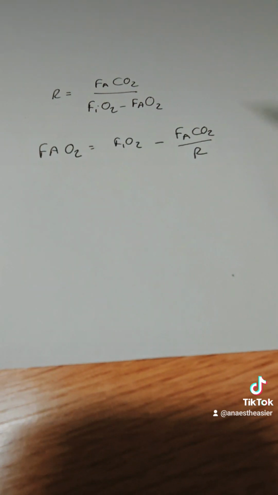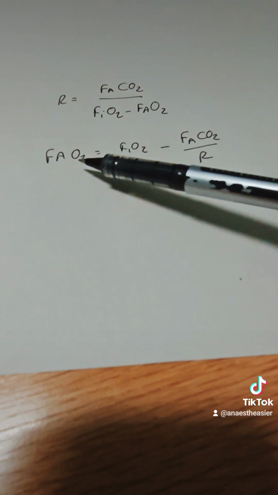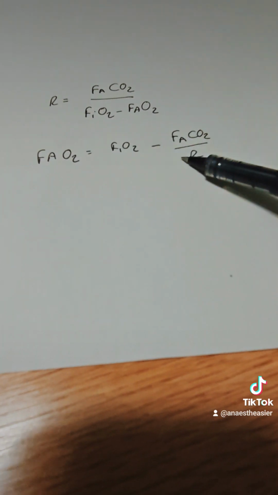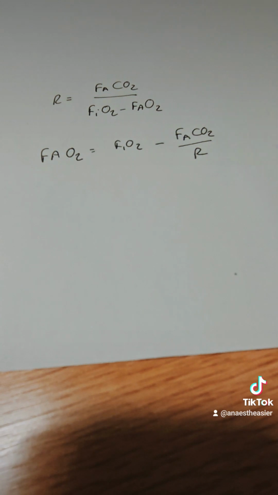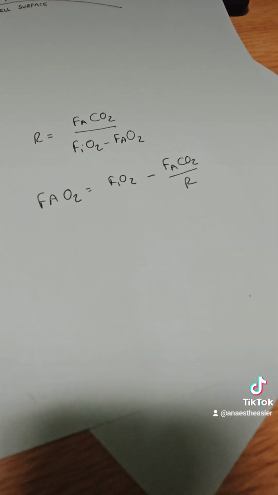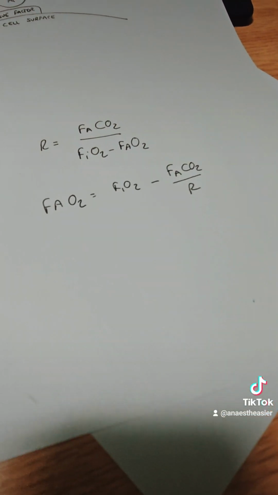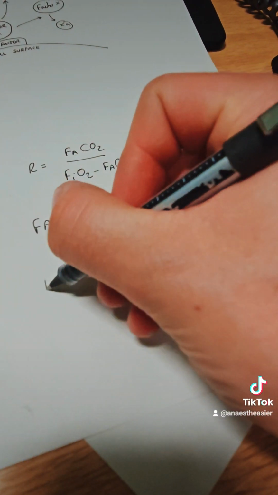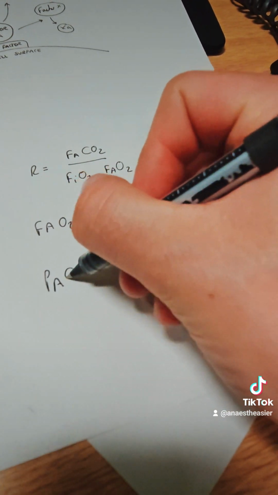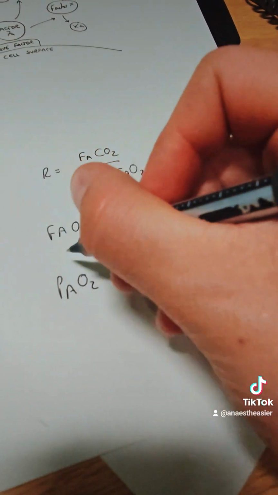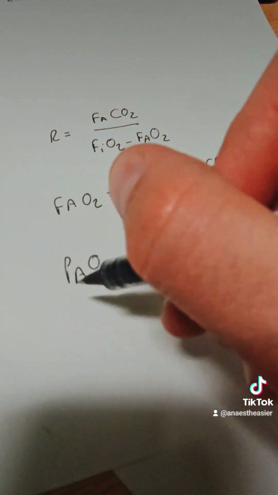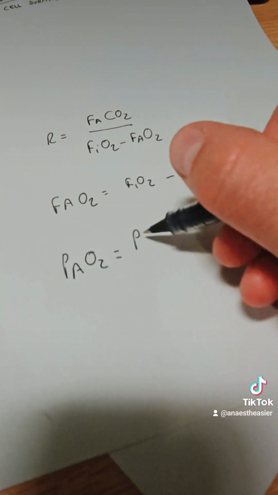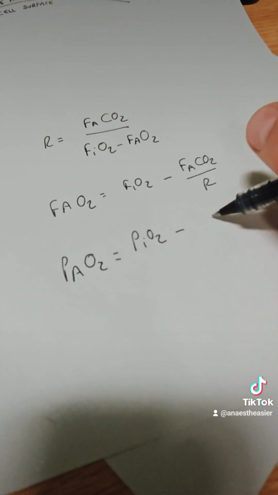And this looks like our original term, where the fraction of oxygen in our alveolus is how much we've inhaled, take away how much is swapped for CO2 or is exhaled. This bit here is where we care about Dalton's law, because it basically says the percentage concentration can be exchanged in our equation for the partial pressure, which is how we get from F to P. So instead of just saying the fraction of alveolar oxygen, we now just say the partial pressure, because Dalton's law allows us to convert. So we say PiO2 minus